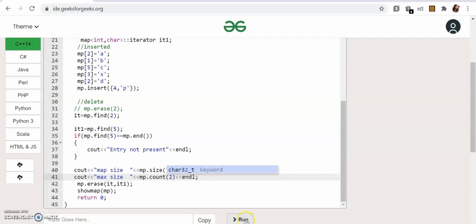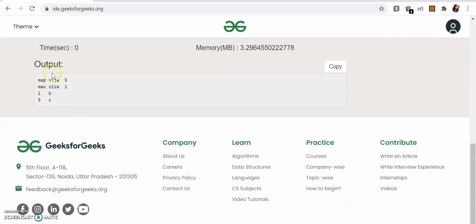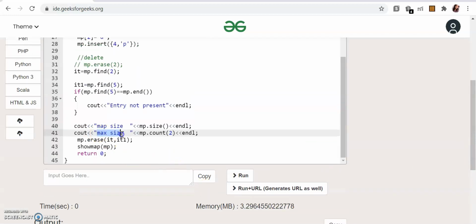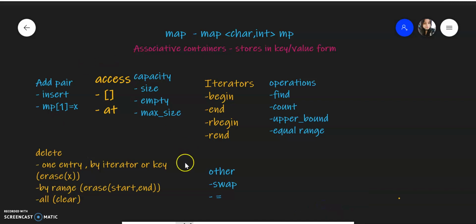It should give us 1 because we are deleting it afterwards, and 2 is present. So let's see that. I have not changed this, so this will give you 0, 1. The rest of the functions you can try out.